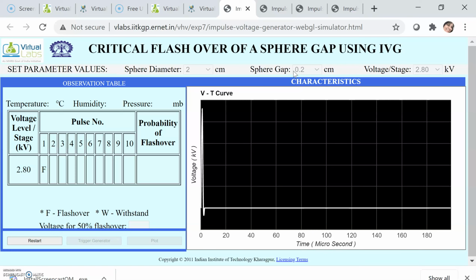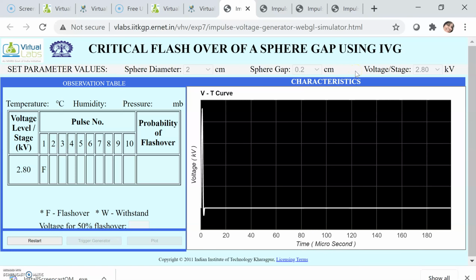As per Indian standard specifications, you have to repeat the same experiment for the same electrode diameter and same gap distance at least 3 to 5 times, and then take the average value. You can repeat it that way, but today I am giving you only some time to take observations. Now you got breakdown voltage 2.8. Note down: when the gap distance was 0.2 centimeter and diameter was 2 centimeter, you got 2.8 kilovolt.